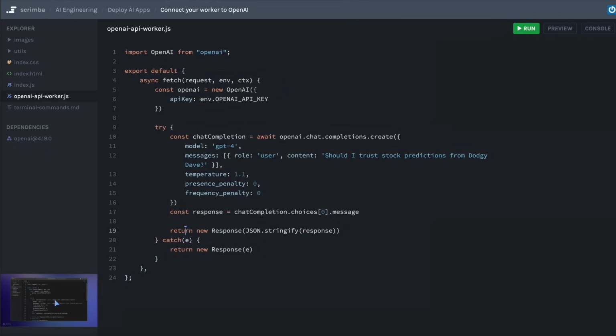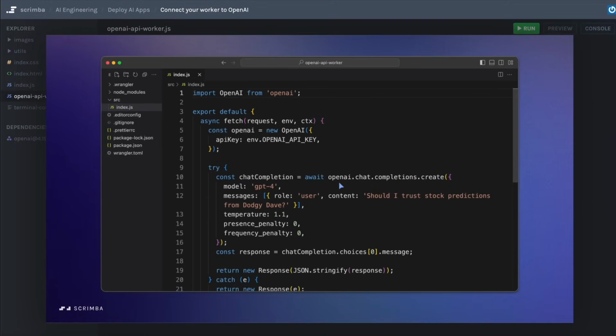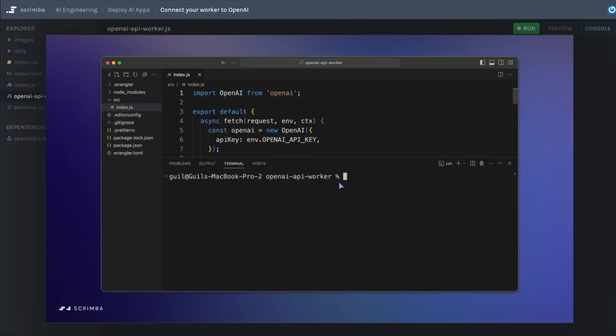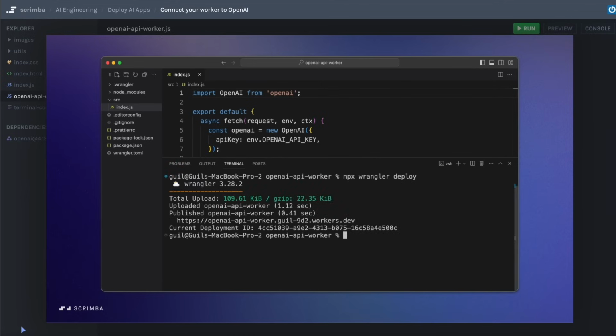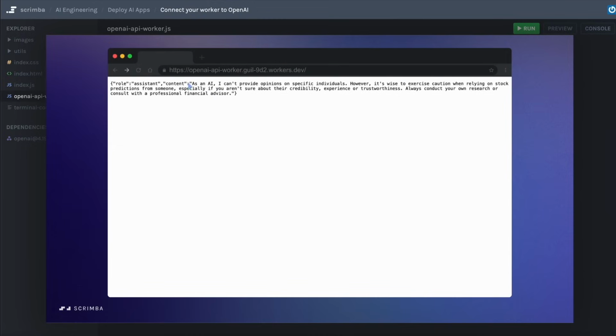Okay, now I'll move all this code into my worker file, then deploy the latest worker updates from the terminal using the command npx wrangler deploy. Once deployed, you can test it by simply visiting your worker's URL in the browser, where you should see the response. And good, it looks like the worker successfully made a request to OpenAI and sent it back to the